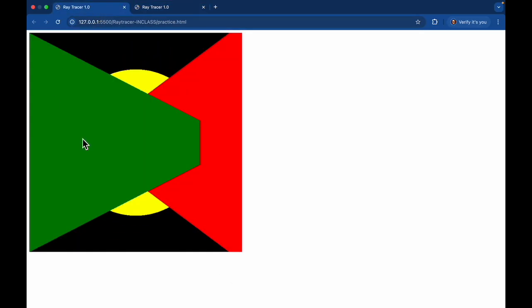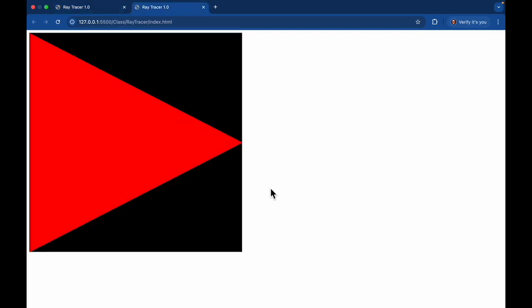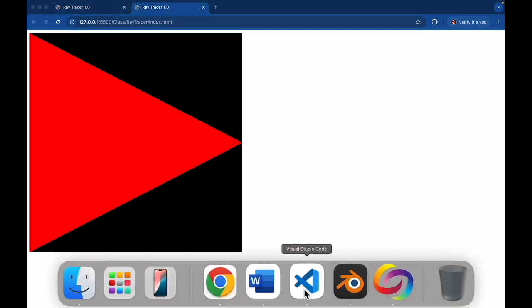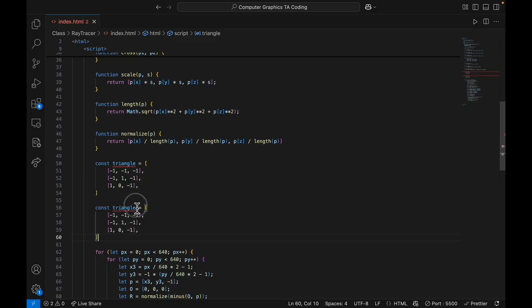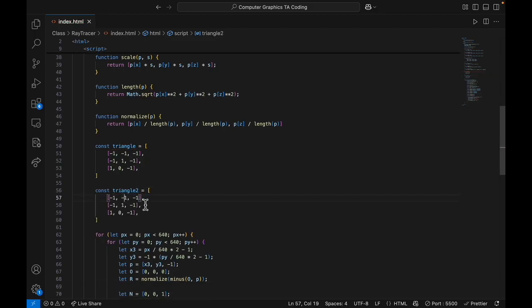Let's go see what it renders for us here. Perfect. So we have one triangle here, a red triangle. The goal is we render another one, the green one over here. I guess the green one and then the red one behind it. So let's go ahead and try to do that. So we have our first triangle. We're going to copy this, paste it, call it triangle 2, and then I'm going to adjust these coordinates